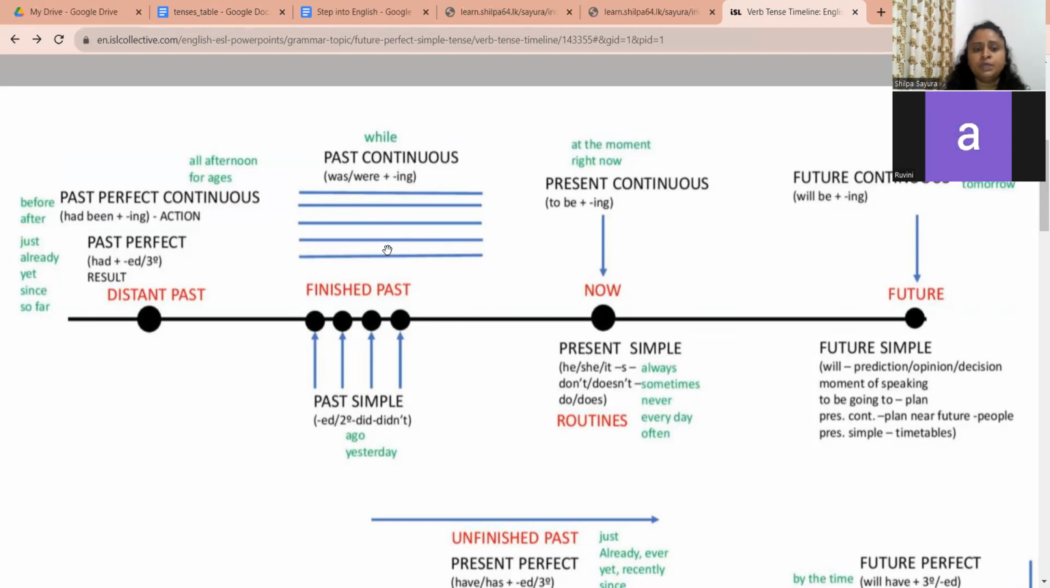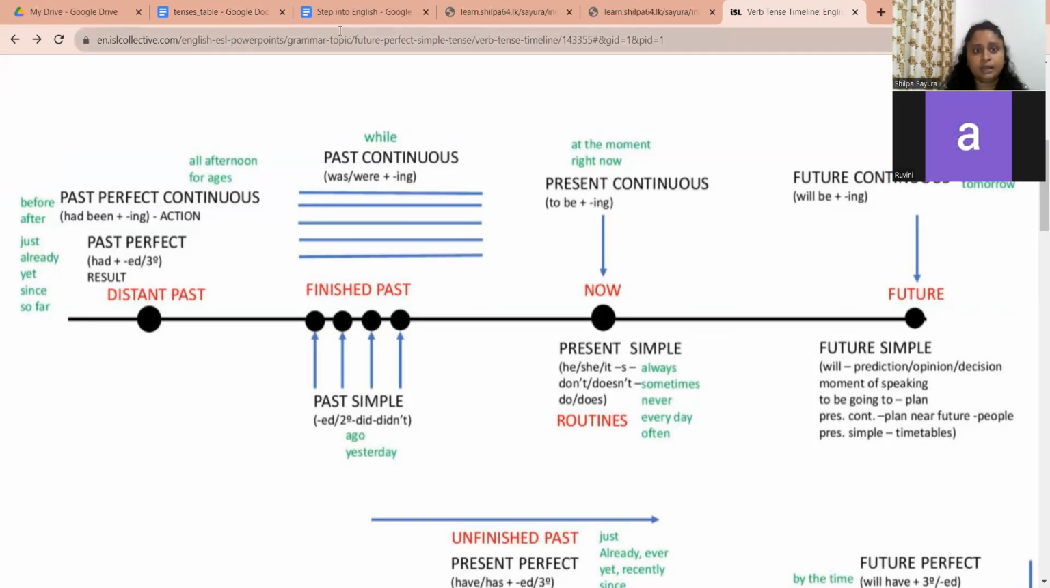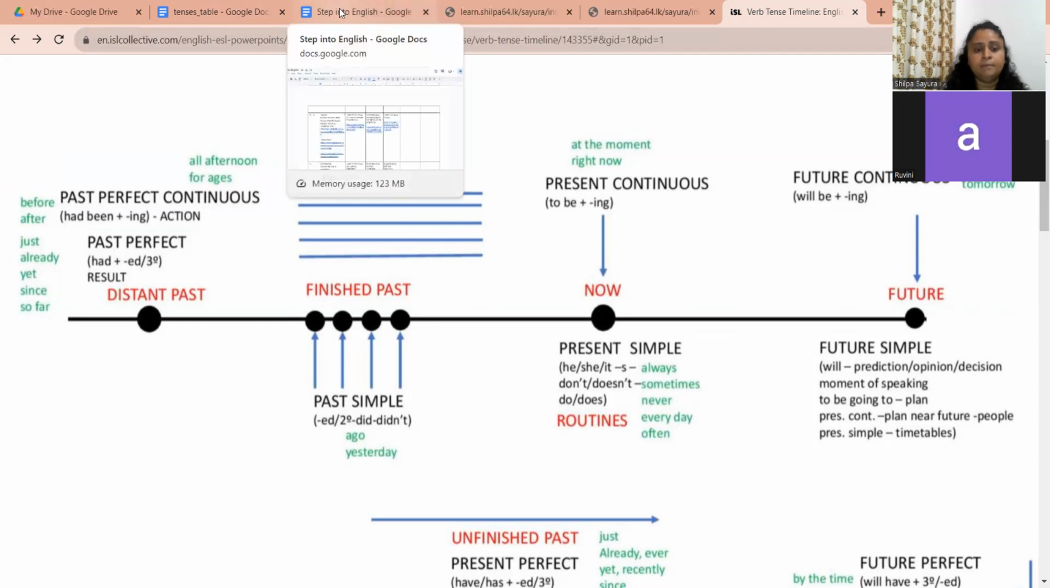While I was cooking, I heard the bell ring. Right? So that's what you have to clarify while learning past continuous and past simple. Okay? And let's move back to